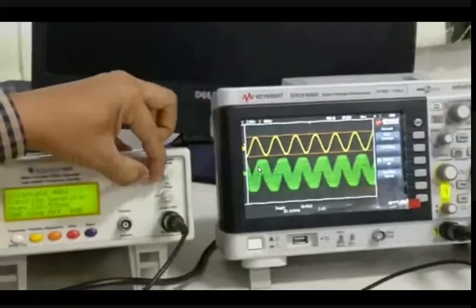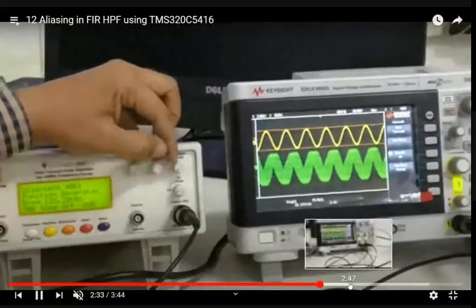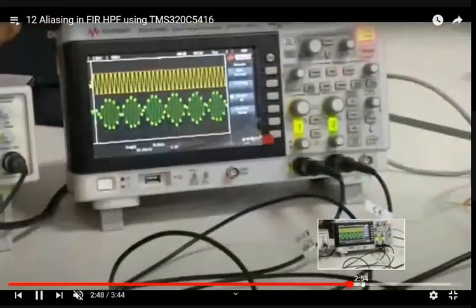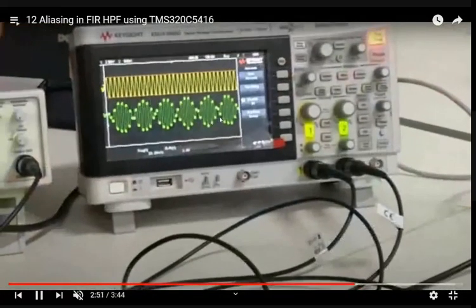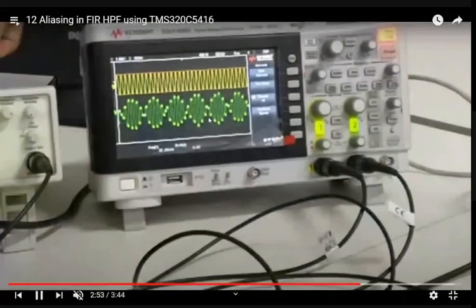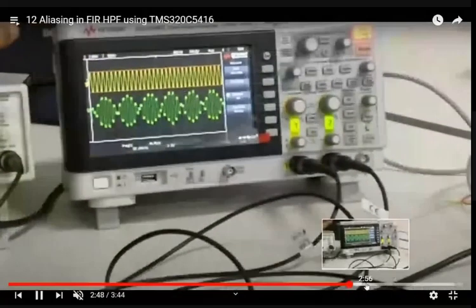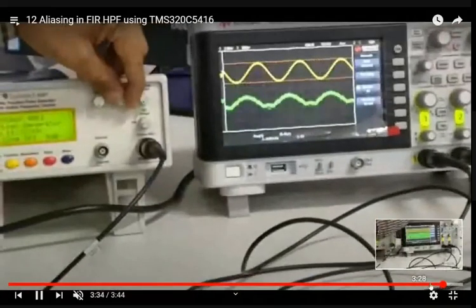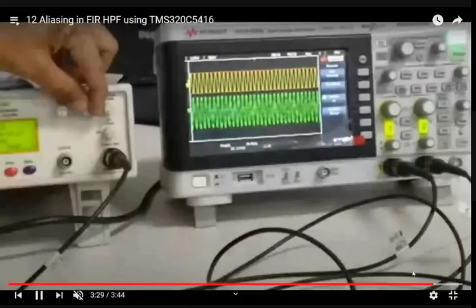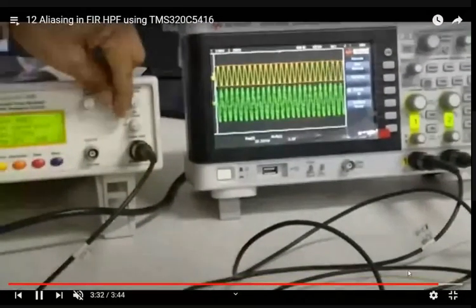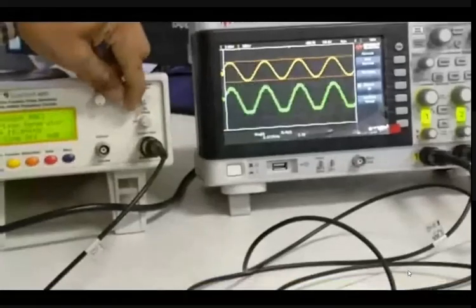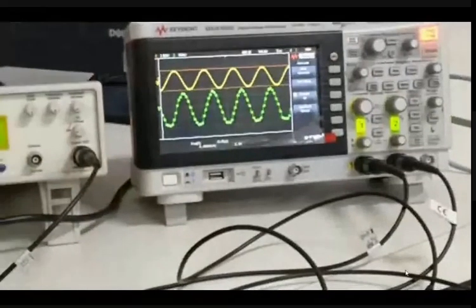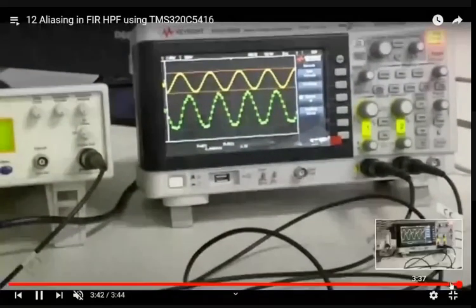Fantastic, right? It is up to you to spend some time looking at these videos, experience aliasing and signal processing. Without this, you cannot understand much. This is the aliased output. It looks like an amplitude modulated waveform, but that is not the objective. This is an aliased waveform, which is what I need to convey to all of you. When frequency decreases, there is no aliasing. When frequency increases, there will be aliasing, as we all know. When frequency decreases, Fs will be greater than 2Fm. When the input frequency increases, at a certain frequency Fs will become less than 2Fm, and then automatically the output will never follow the input.